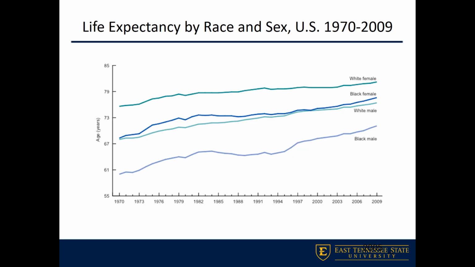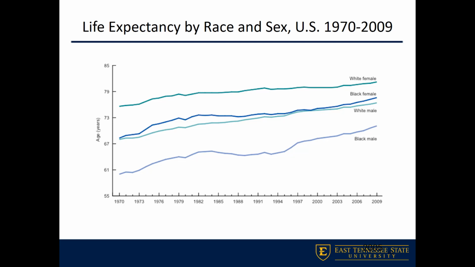But I want you to think and look at this and see, first by gender, we see that women live longer than men. And this is a life expectancy. And when we think about life expectancy, this is an average. So if you have more people dying at a younger age, that's going to lower your average.